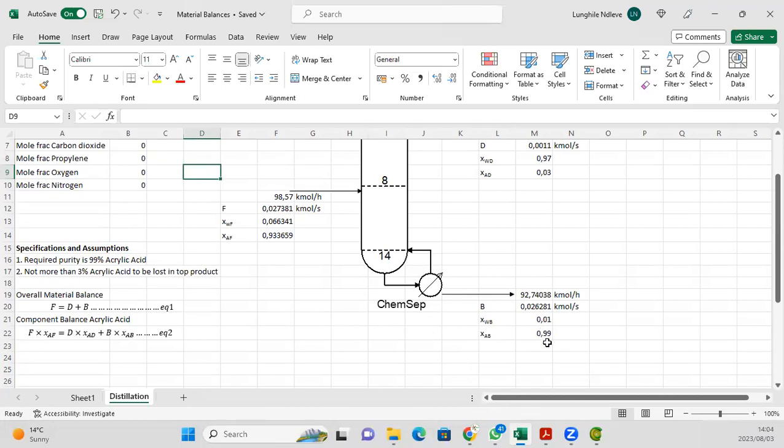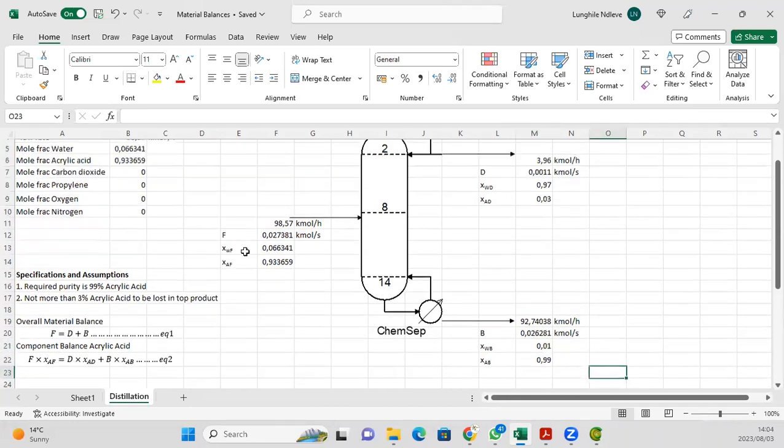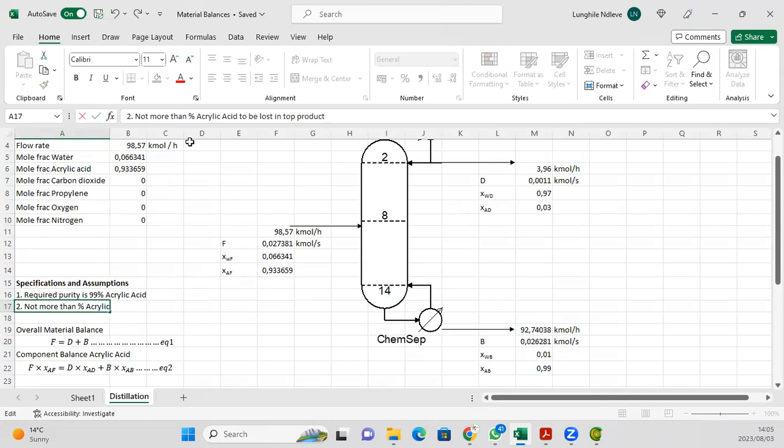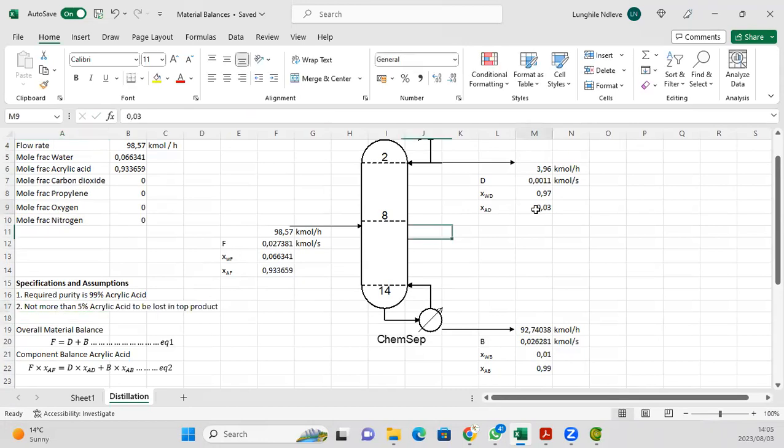So for example, down here, as you can see, if I say 0.99, then immediately it means I've only got 1% water in that stream. Again, if I then define something like, okay, I don't want to lose more than 3% of acrylic acid in my top product as a second definition. So for now, let's change it so that I can show you what would happen. Let's just say I don't want to lose more than 5% of my acrylic acid in my top product, which goes with the water. If I say 0.05, then it immediately changes and defines your water